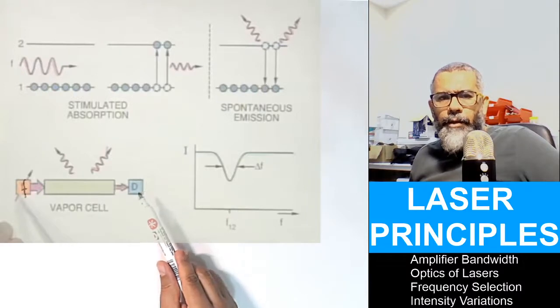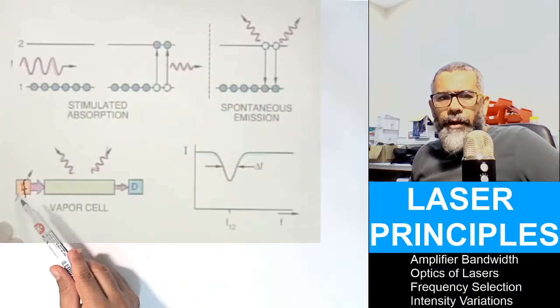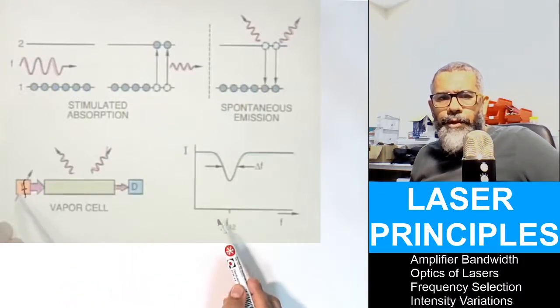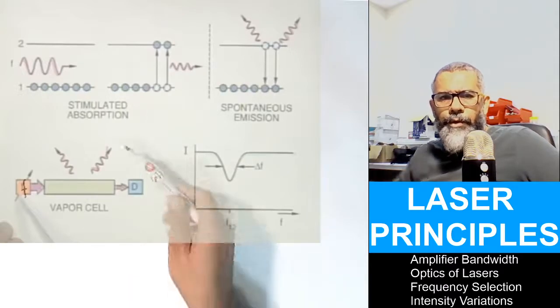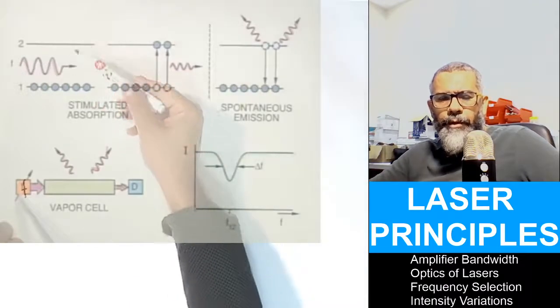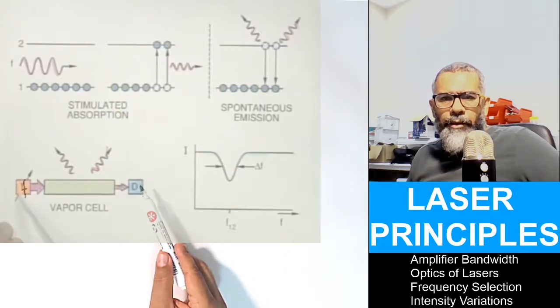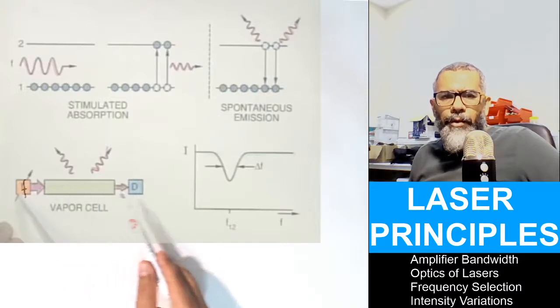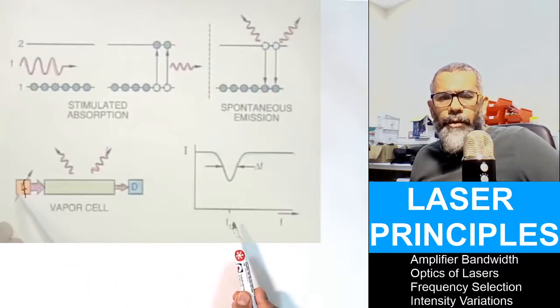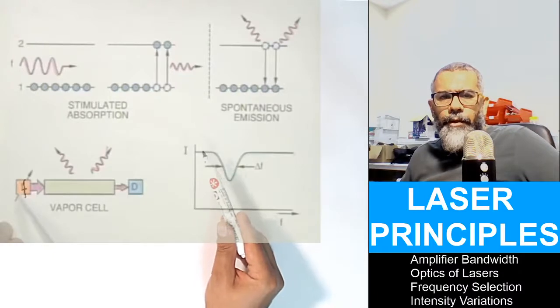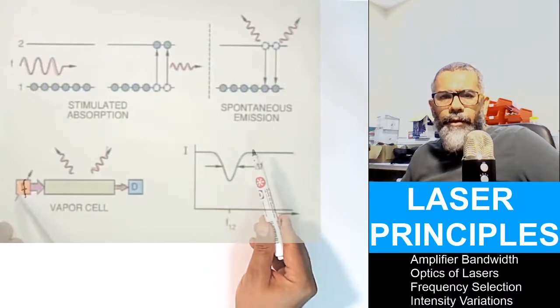At the detector, if you send light of a frequency just equal to F12, which matches the energy levels between the atoms inside the vapor cell, you will detect the lowest amount of light. But if the frequency is off this value, the amount of light at the detector will be at this level,